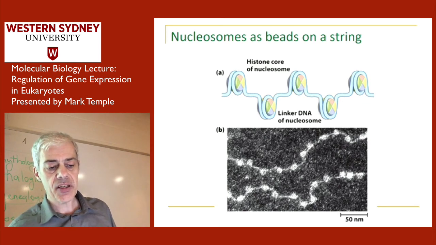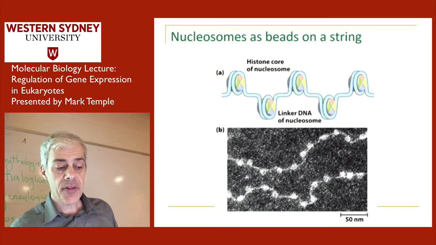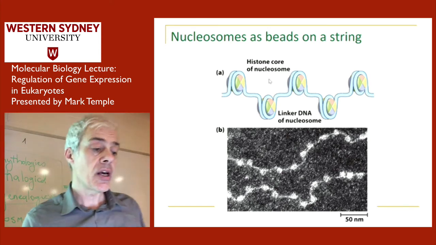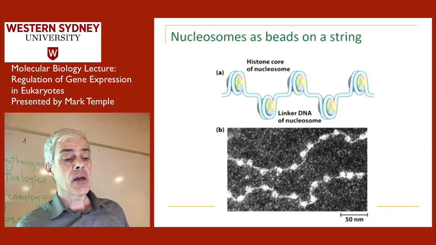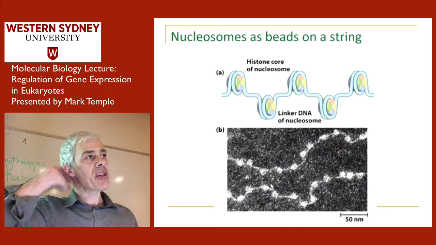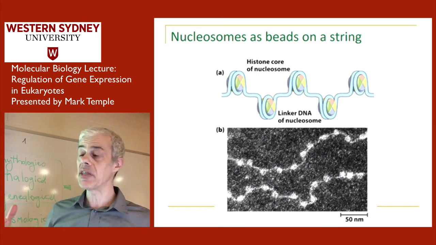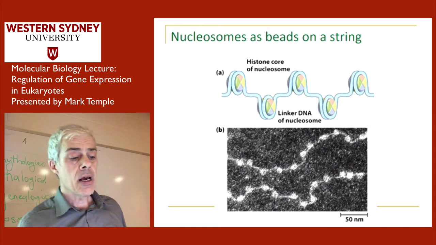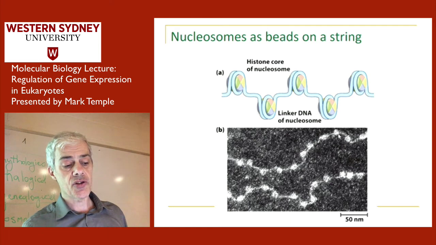It's not clear from the structure what is actually happening there, but people have worked out that these are where the octamer of histone proteins are. And if you look at the top diagram here, this is the cartoon that is drawn to represent these beads on a string. I think these beads on a string probably date back 30 years now. I'm not sure when people first started to identify and think about nucleosomes in a meaningful way, but for at least 30 years, people had known about these beads on a string.